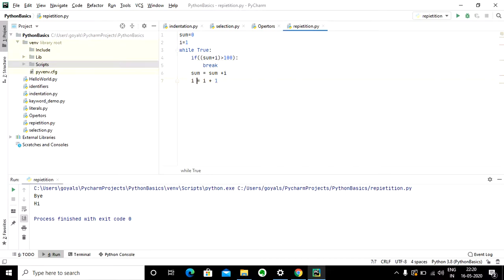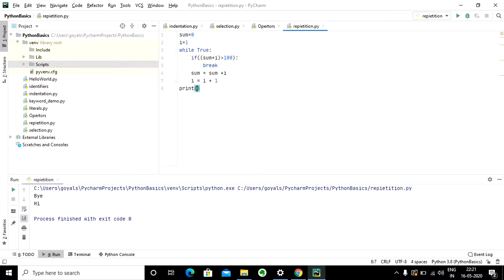So it is like i equals i plus 1, because if you remember, I told you that I want to increment the number to be added by 1. First time I want to add 1, second time I want to add 2, third time 3, fourth time 4, and so on. Once this condition is done, I need to print the greatest number which was less than 100 as per this method.